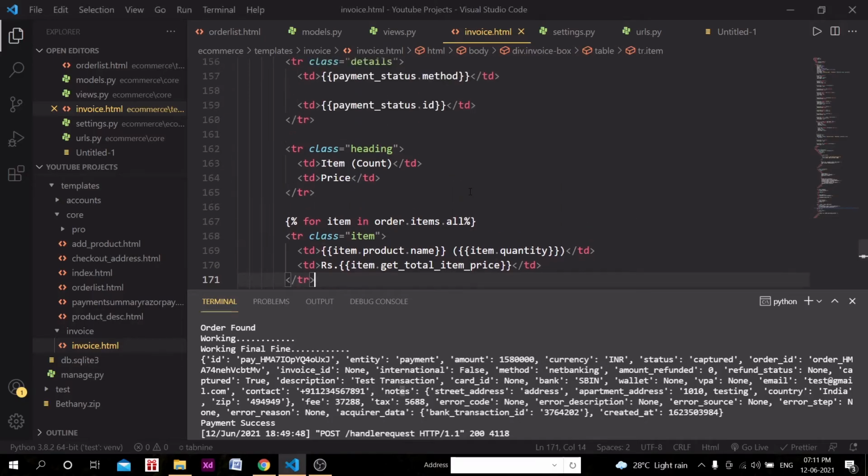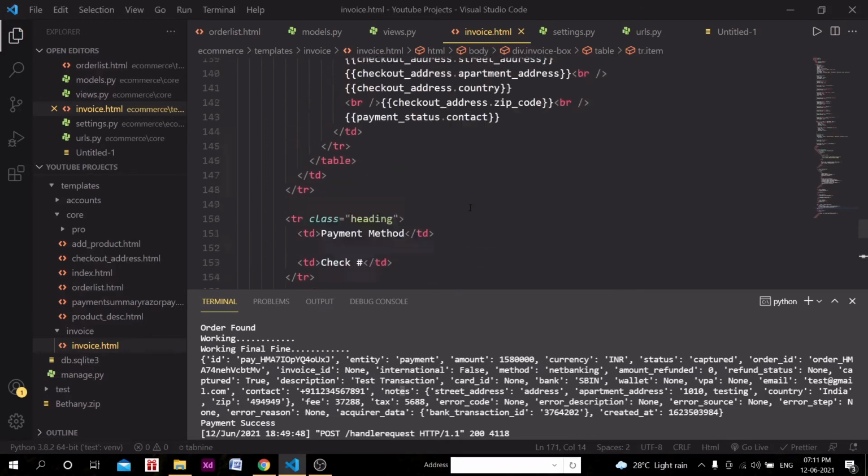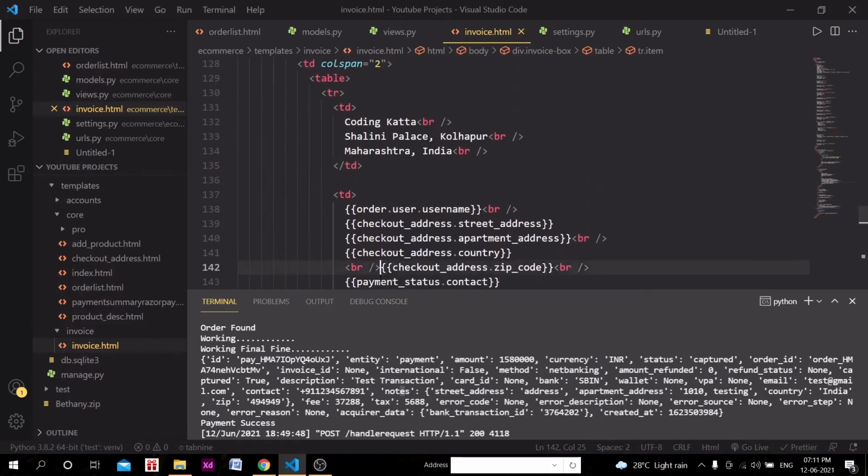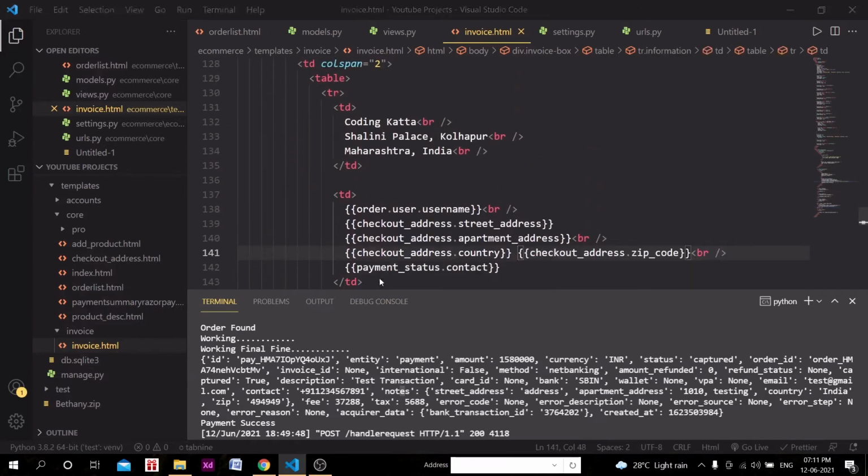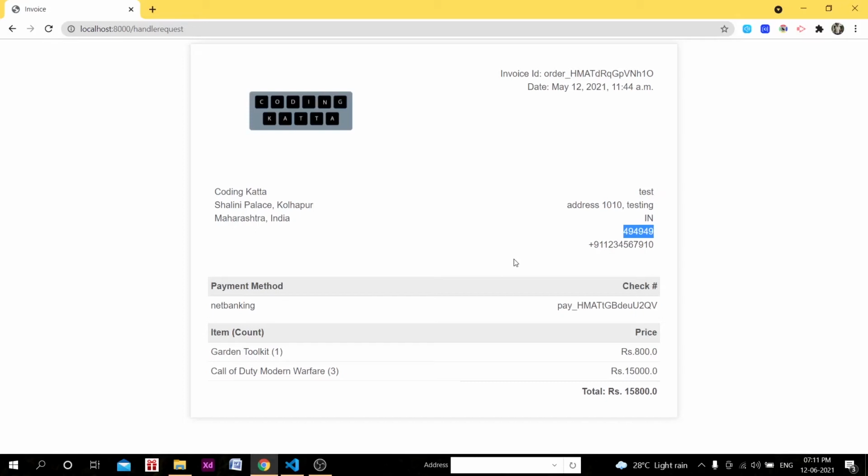We can remove that break tag which is not looking very perfect here, and add that break tag there with some space. We are done with this. Payment method is net banking. So this is the invoice. We have generated this by passing the objects directly.